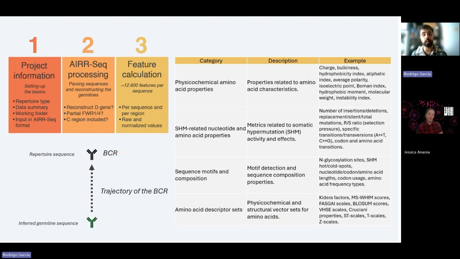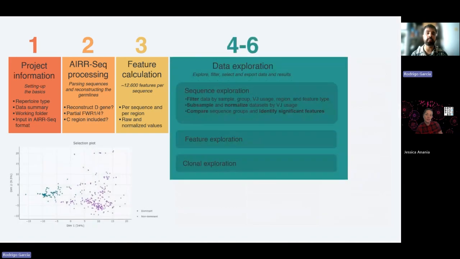And you can see also how, in this case, the TCR has changed from the germline to the current sequence. So brilliant. This is nice, and you can explore many things: the number of glycosylation sites, the number of insertions and deletions, but also charge, bulkiness, hydrophobicity. The thing is that you get a lot of features, and in some scenarios, these features may be of interest.